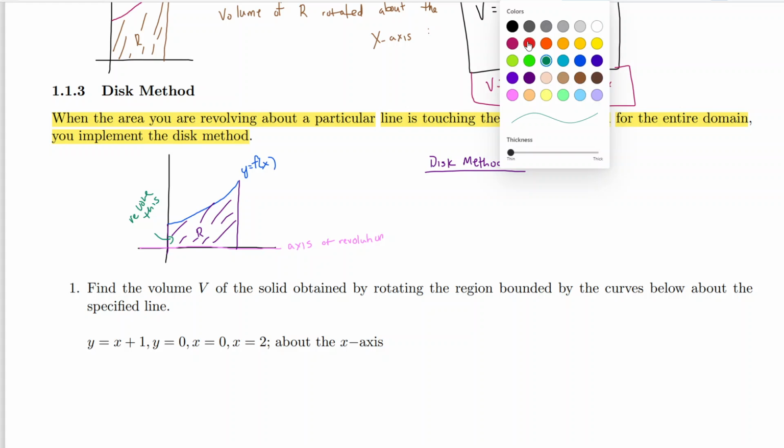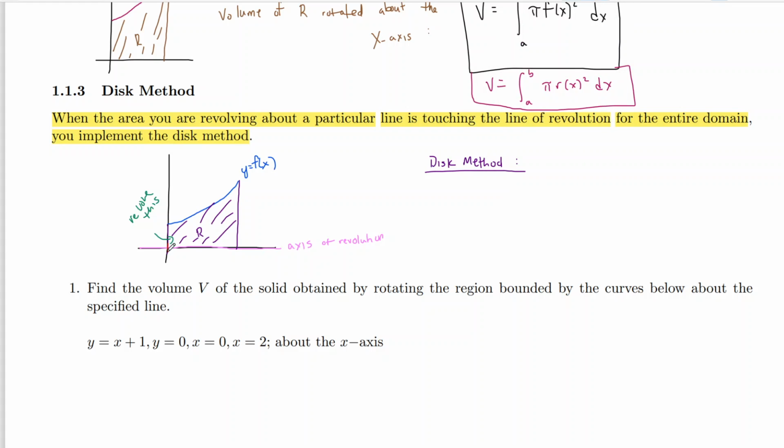And what I mean by this touching on the entire domain, let's say this is x equals a and x equals b. So we will only care to revolve this region from here. We don't care what happens to the right of b, to the left of a, only here. Well, the entire domain is just between the x values of a and b. And you'll notice that the region R is actually touching the axis of revolution for the entirety of the domain. So R is touching the axis of revolution